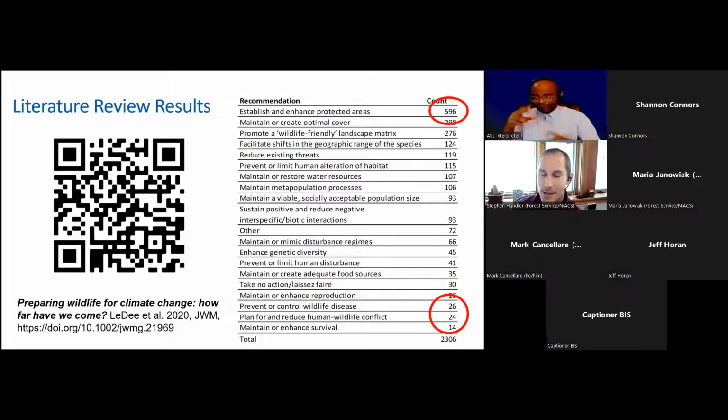If you look further down the list, some really important ideas and concepts in wildlife management are there: wildlife disease, human-wildlife conflict, managing and enhancing survival at critical life stages. They're getting very short shrift in the literature, widely underrepresented when it comes to climate adaptation. So this adaptation menu is a chance to rebalance things and present these ideas on equal footing, so that one idea is not getting buried, like that hardware store that is puzzlingly all hammers.